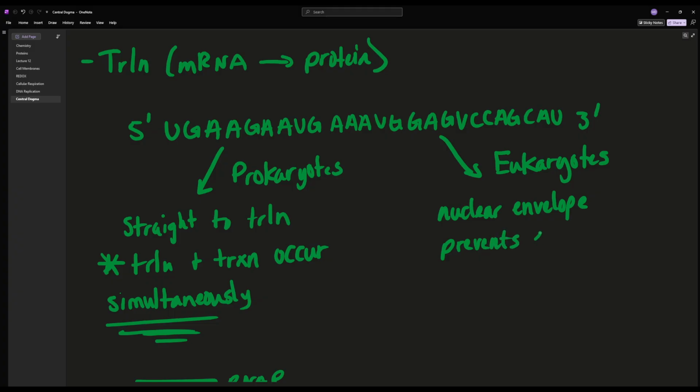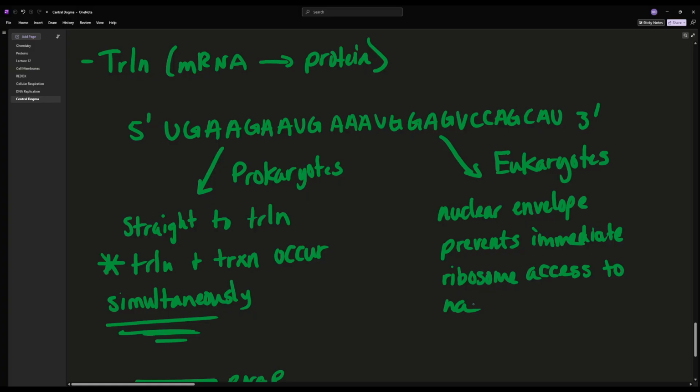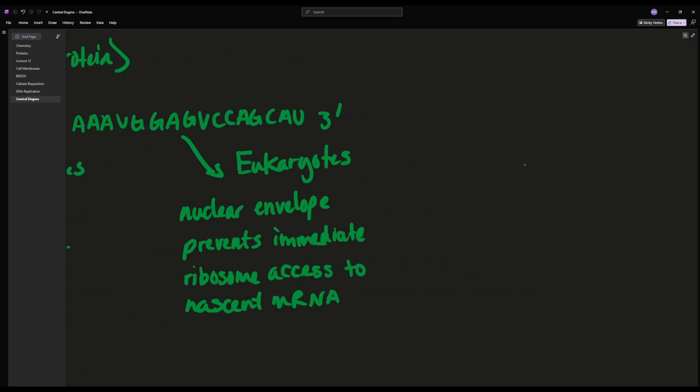prevents immediate ribosome access to our nascent mRNA. Okay, so what this does is this provides